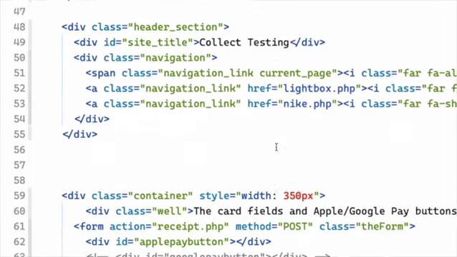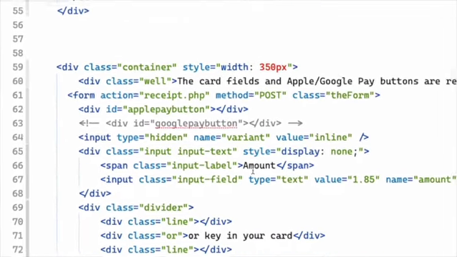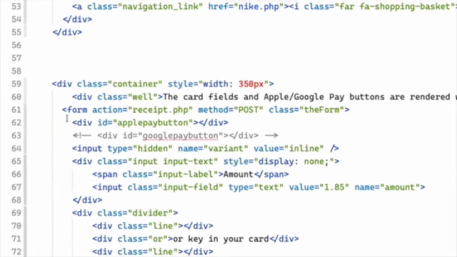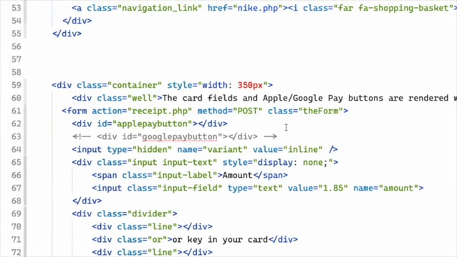Then you need to tell us where to put the button on your site. Where does the Apple Pay button go? And so just like other fields with Collect.js inline, you create a div with an ID of Apple Pay button, and that's exactly where we'll put it. So you can see all I've done is put a div here with that ID. It's an empty div with nothing there, but Collect.js will see that and then fill in the Apple Pay button